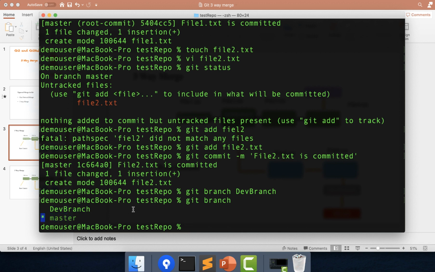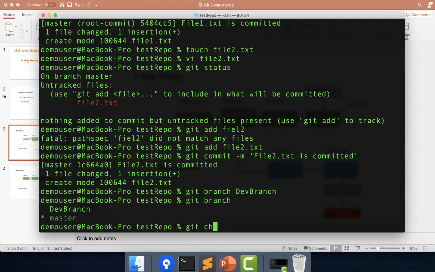So this is a command that is used to create a branch. If you are not aware about how to create branches and how to work with branches in case of Git, please go back and check my previous videos on what is Git branch, and please check all the sessions that I have created for branch operations. So it will give you a clear idea what exactly you want to do.